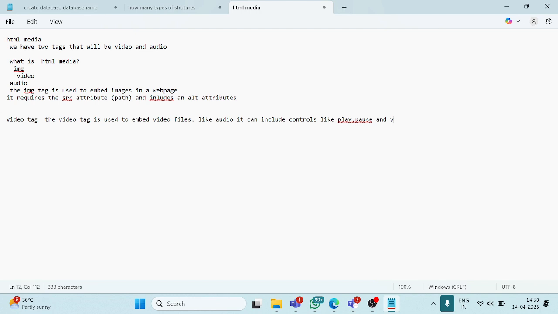So this is the static volume. The same applies to the audio tag. So in the media tags, we have three types of tag: image, video and audio. Here the audio tag is used to embed